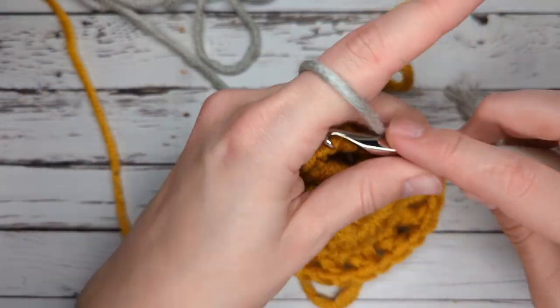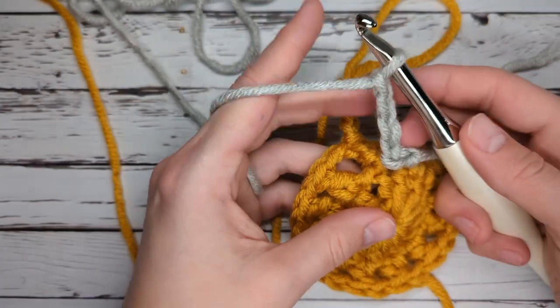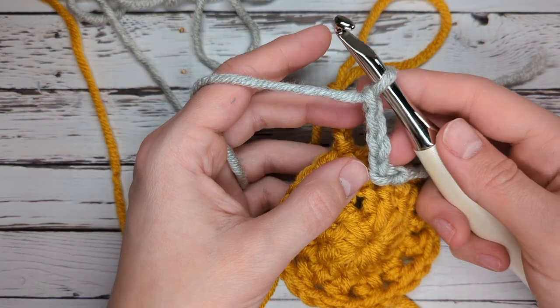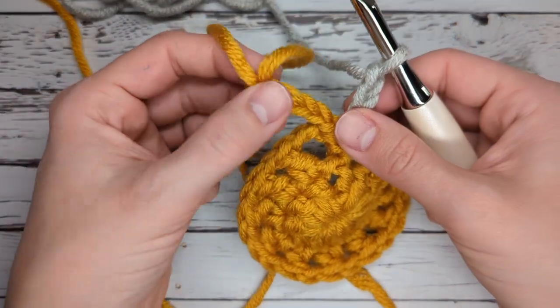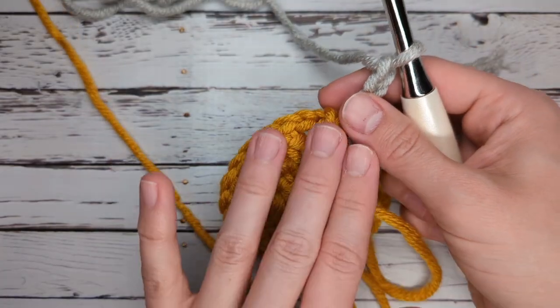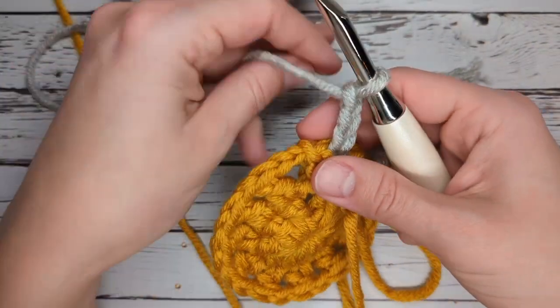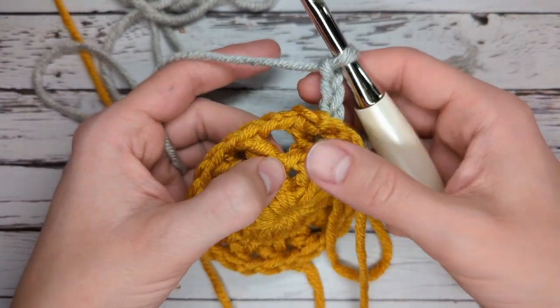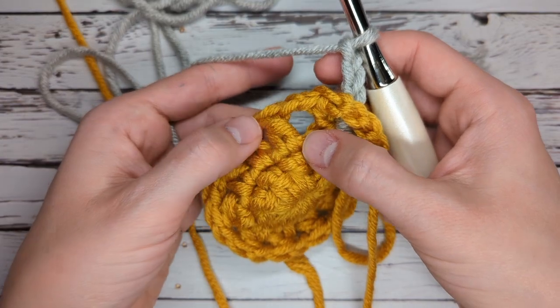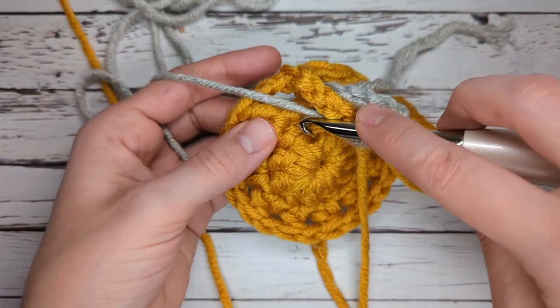And I'm going to chain 4. Again, that's going to count as a double crochet and a chain 1. So I want this working yarn from my first color to stay in the front of my work, so it doesn't end up on the wrong side for the next row. And now I'm going to do this all the way around, working in the same stitch that these A color stitches came out of. So I'm going to just go right in the same stitch,